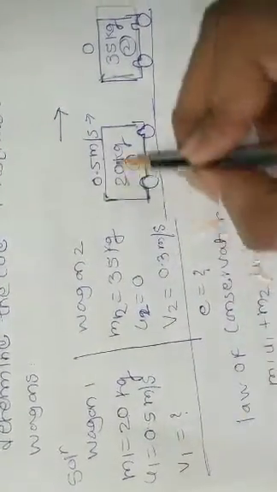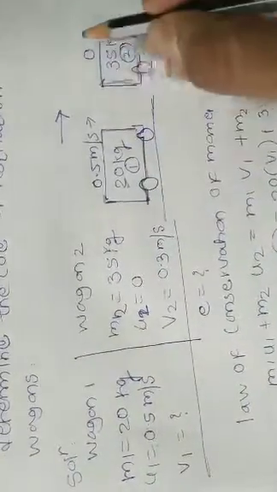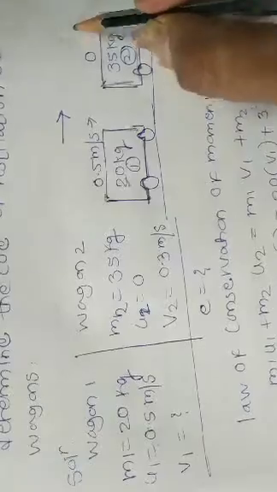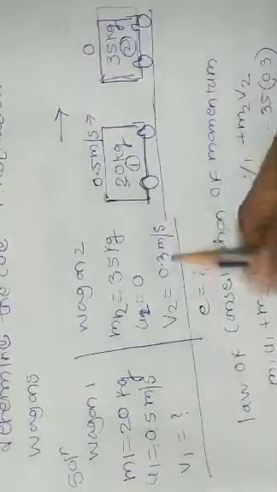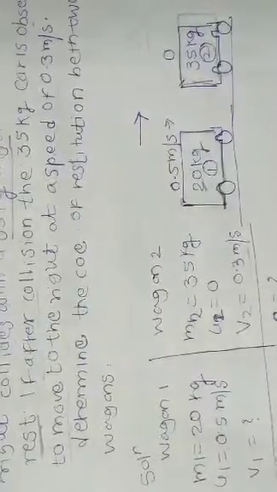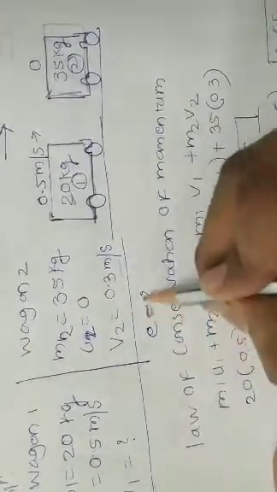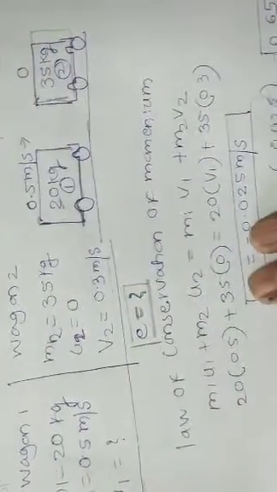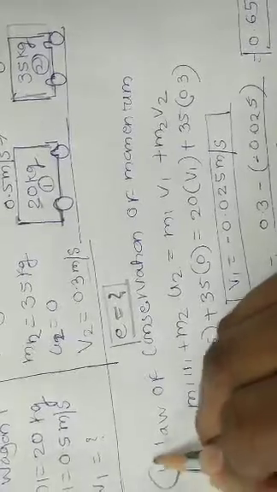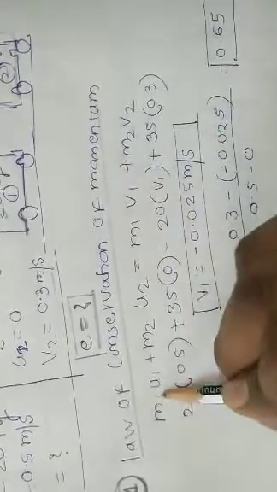V1 we don't know. After this collision, this 35 kg wagon is observed to be moving right with the velocity 0.3 meter per second, which is given in the problem. Now they ask you the coefficient of restitution between these two. So the first step is we'll use the law of conservation of momentum, and we know that m1 u1 plus